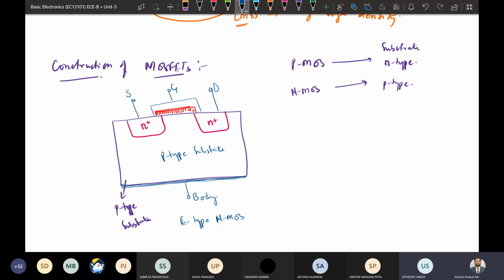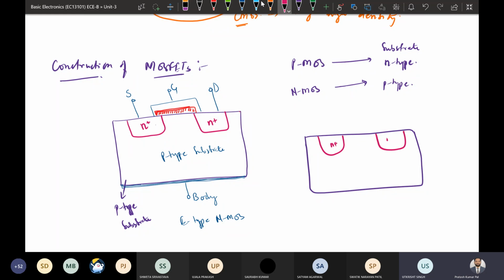So if we talk about the PMOS, okay, so in PMOS what will be there, in case of enhancement type, suppose NMOS is there, but in case of enhancement type, so if that is the case, here we will be making similar arrangements. Okay, this is n plus, and this is your p type substrate is there,